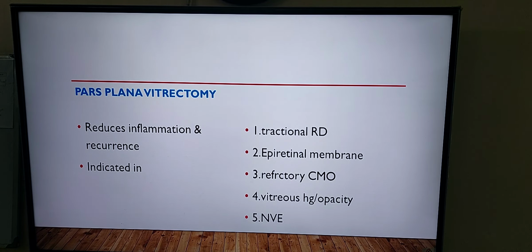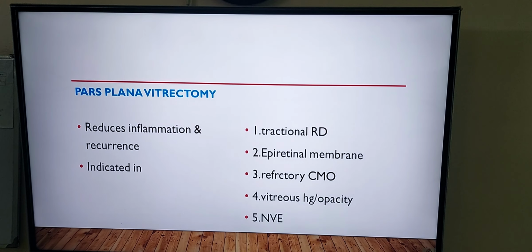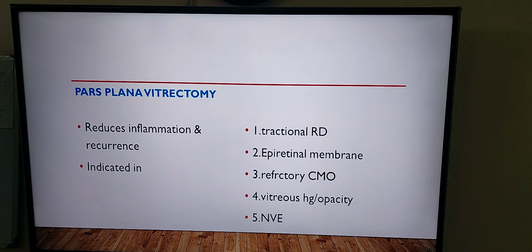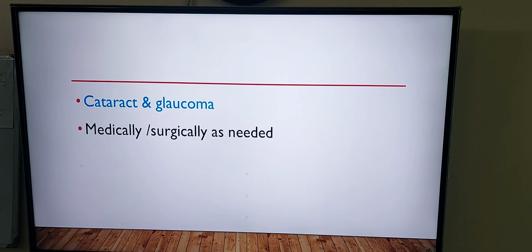We can go for surgical options too, pars plana vitrectomy. It reduces inflammation and also reduces the recurrence. It is indicated in patients having tractional retinal detachment, epiretinal membrane, or refractory CMO, vitreous hemorrhage and opacity, and new vessels, peripheral new vessels. Cataract and glaucoma